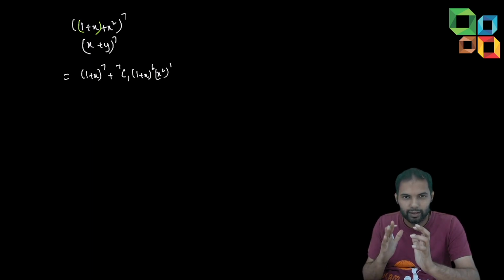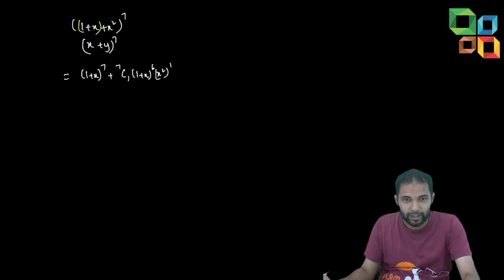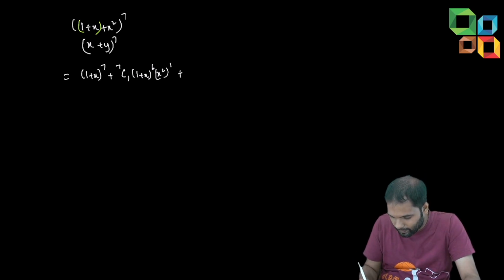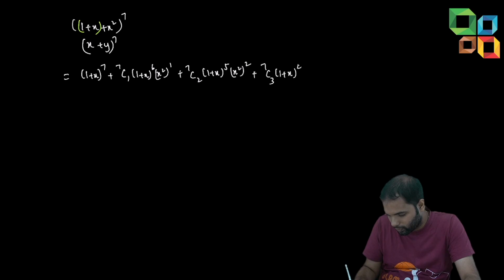Got the term. Now the two terms, one is x, one is y. Y is itself a binomial term, but it's fine. You can write it down. Next, 7c2, (1 plus x) whole power 5, (x square) whole square. And figure out what to do for the rest. So it's (1 plus x) whole power 4, (x square) whole cube, plus 7c4, (1 plus x) whole power 5,